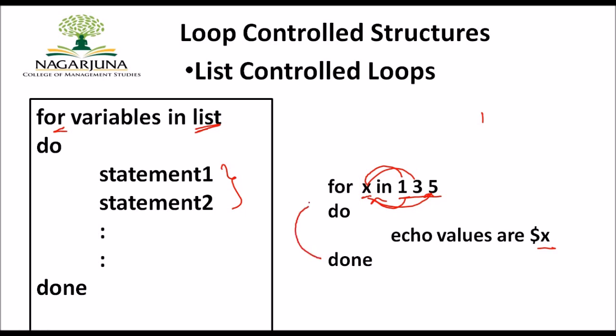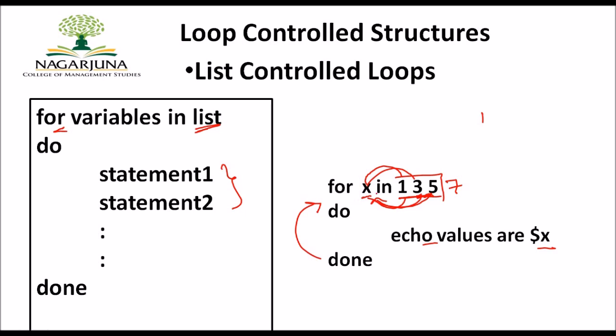Again the control is given back to the for loop, and it checks whether the variable is in the list. Yes, you have a value 3 in the list for x. That means this particular statement always has a dependency of execution based on the given list. So if you have several more elements in the list, this will be executed that many times. Now it will be executed 3 times; if I include one more element in the list, then this will be executed 4 times.